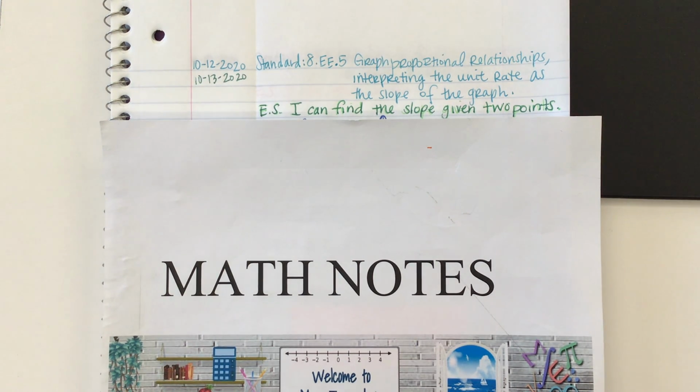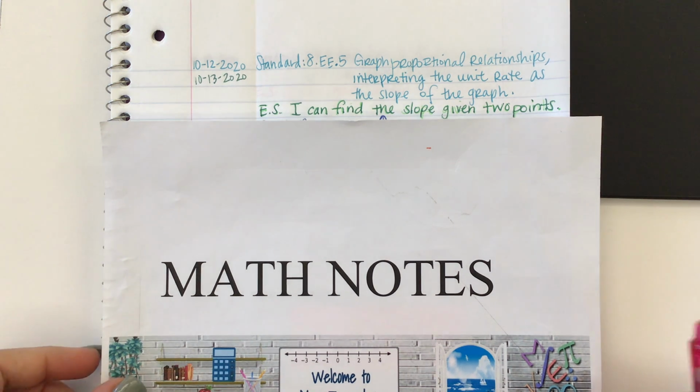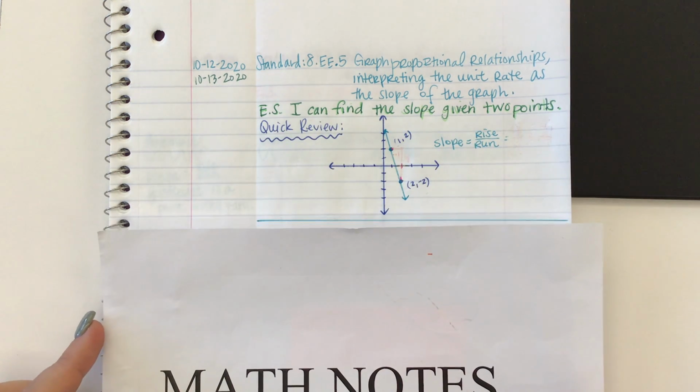The standard is 8.EE.5, graph proportional relationships interpreting the unit rate as the slope of the graph. And our essential statement is I can find the slope given 2 points. So the first thing we're going to do is a quick review of how to find a slope when you